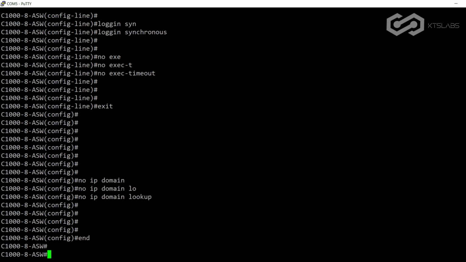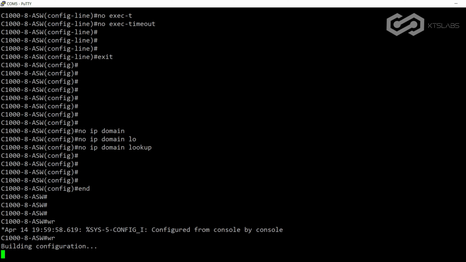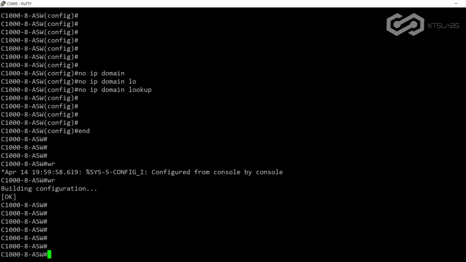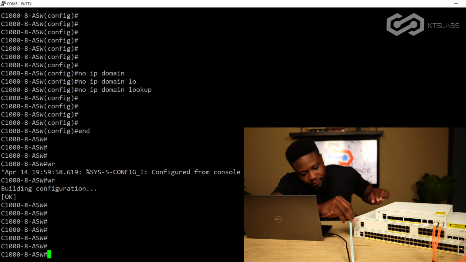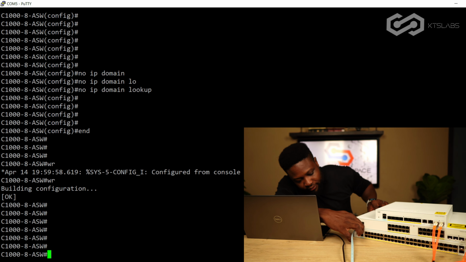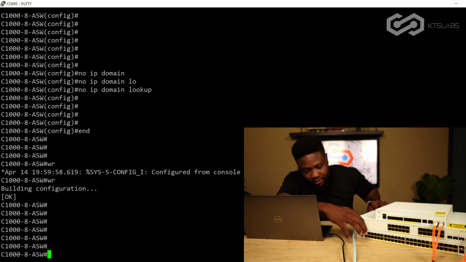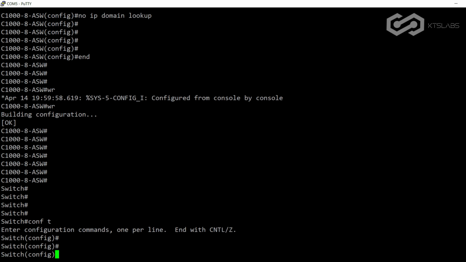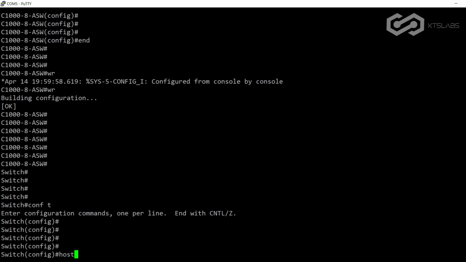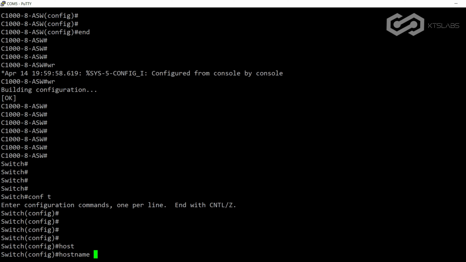Okay, let's end that, come here, and then save that. Okay, so let's console into the 24, and let's do the same thing for the 24. Let's go into configuration mode and give it the host name. What we're going to do here, we're going to call this one C1000-24